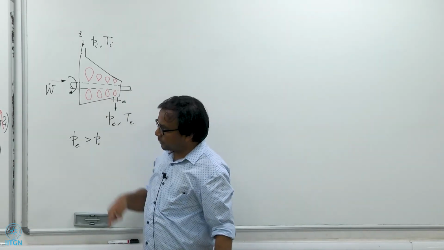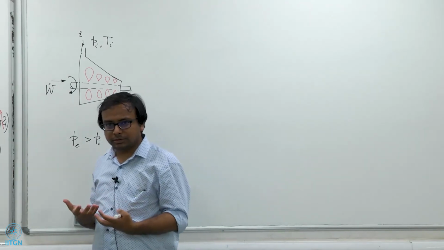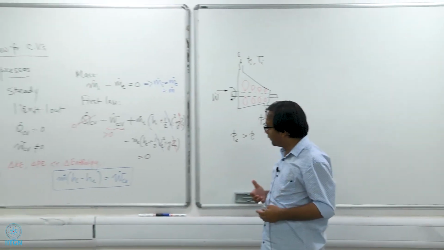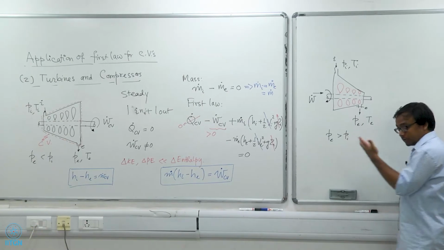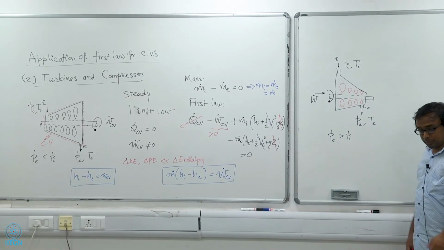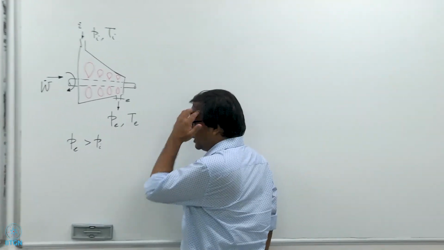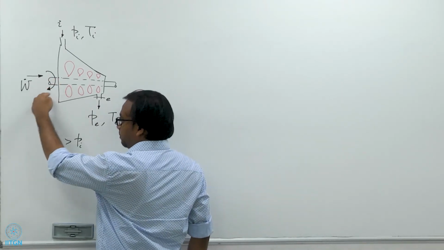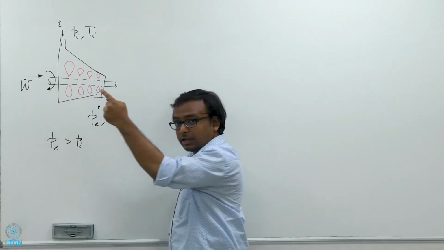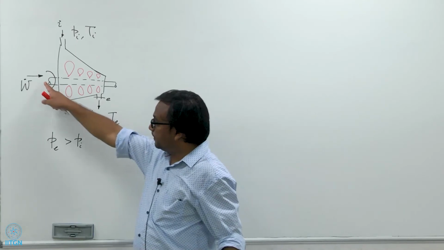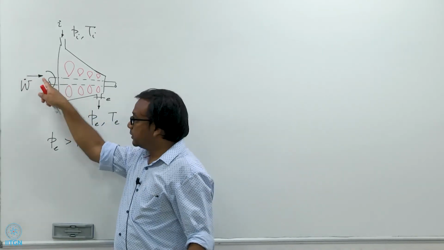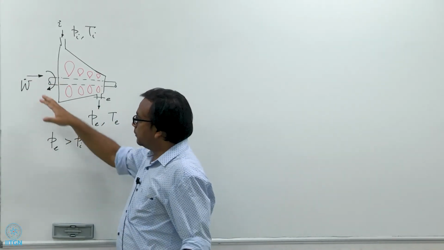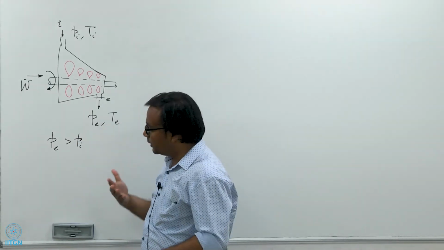So in the turbine, the fluid was rotating the blades and the fluid was rotating the shaft, and in the process the fluid was losing pressure and losing enthalpy. In this process, what happens is you are supplying work by an external agent. Typically this is work done by some electric motor which is connected to this shaft, which means you are giving in some work, we give in work input.